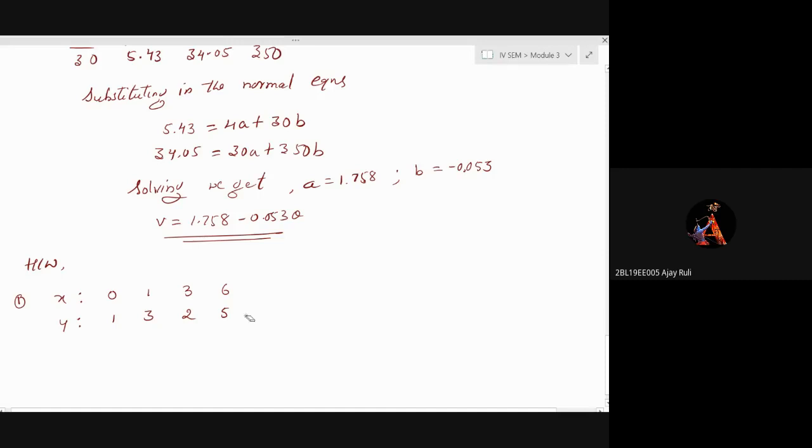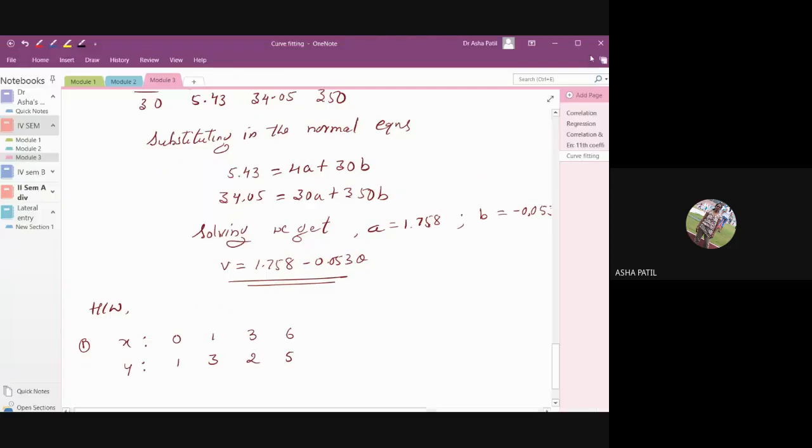I started giving homework and people have started leaving. You have to find x bar and y bar? Don't go for finding x bar and y bar. One second. What's that question actually? I'll just display it better. B division students can take them as homework. Today I didn't give you.